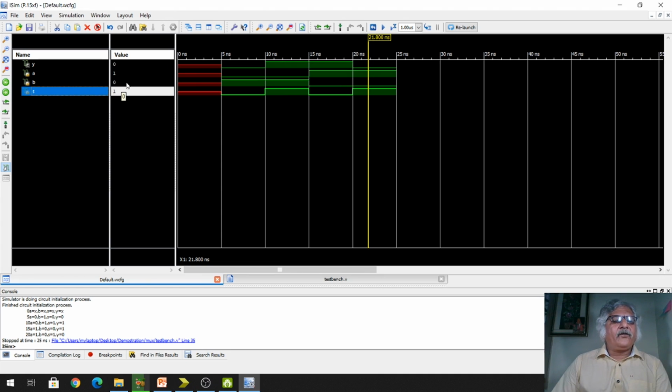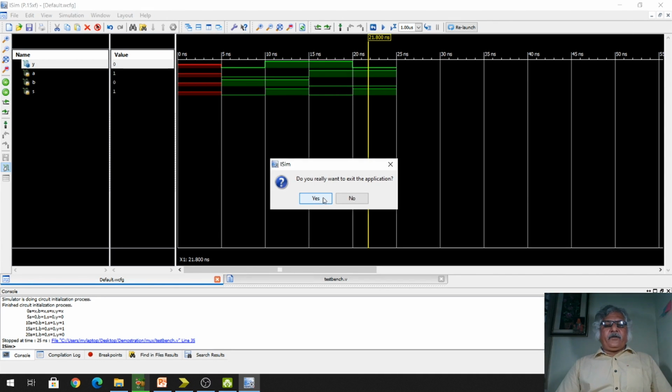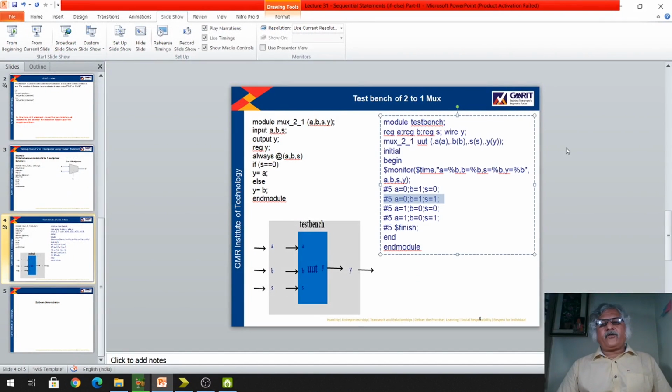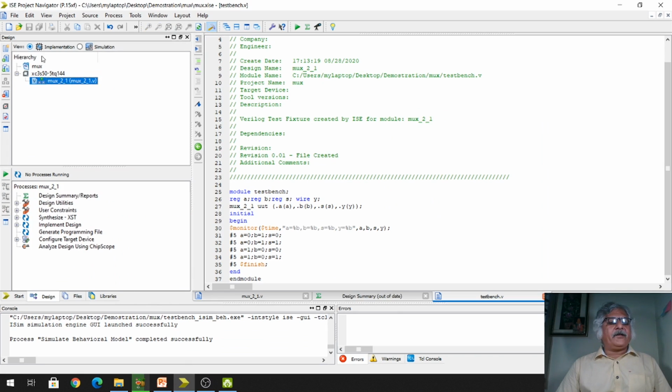B is 0, so output is 0. In this way we see that this waveform is showing me the functionality of the multiplexer.